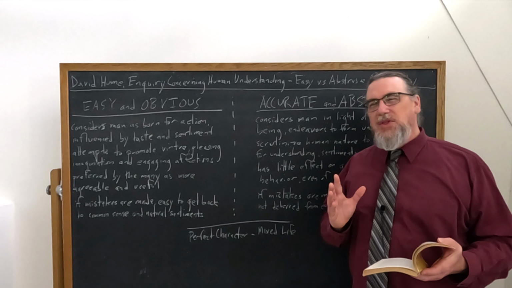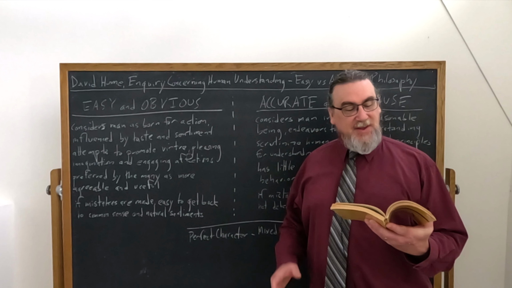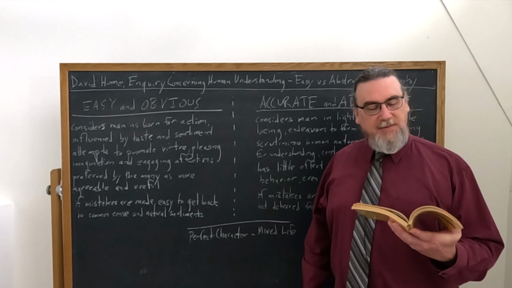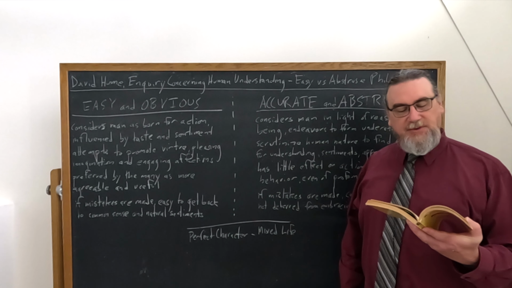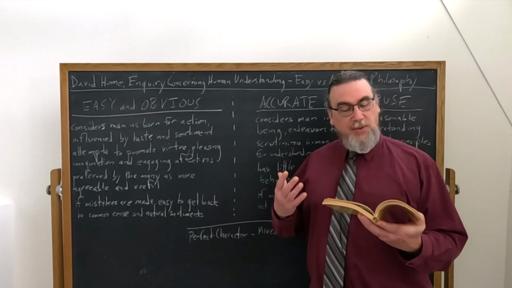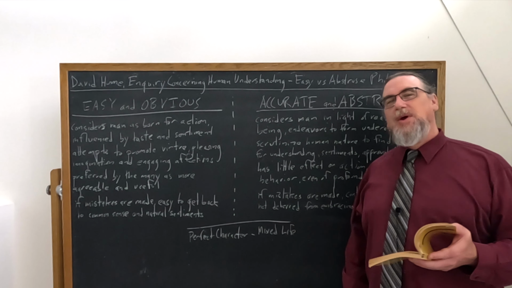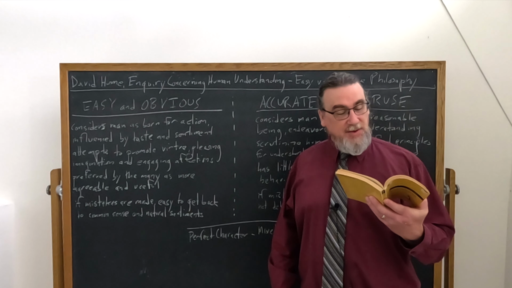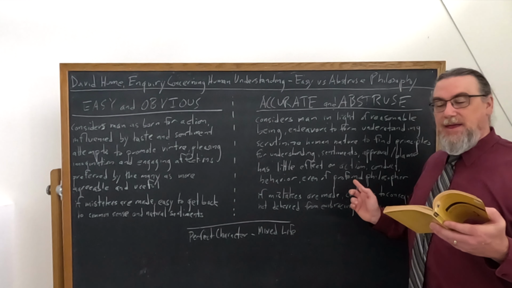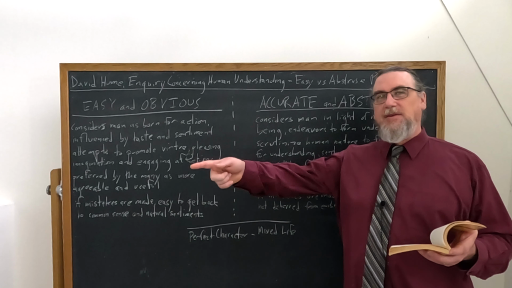He also has another really interesting feature that I would like to point out here. And he begins by saying that the most durable and justest fame has been acquired by the easy philosophy, and abstract reasoners seem to have enjoyed only a momentary reputation, but they have not been able to support their renown with more equitable posterity. Why? Well, this is where he talks about mistakes. So he says, it's easy for a profound philosopher to commit a mistake in his subtle reasonings. And one mistake is the parent of another. Now,